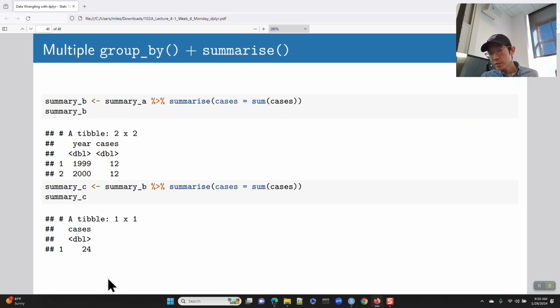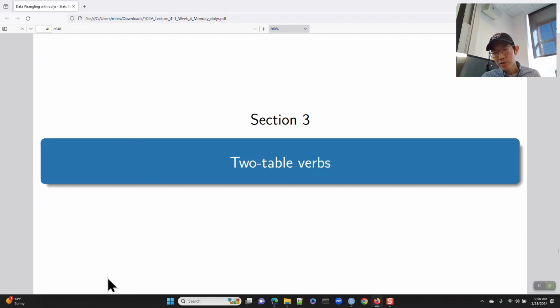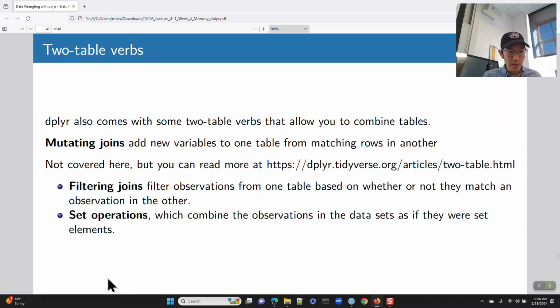All right, we are out of time. I've got a couple of notes on two-table verbs, on joins and whatnot. This is very similar to SQL if you've seen that before. Let me give you your last review quiz answer. The letter A, as in apple, is our final review quiz answer. And I'll just leave it up to you to go through these notes on the two-table verbs on your own time,